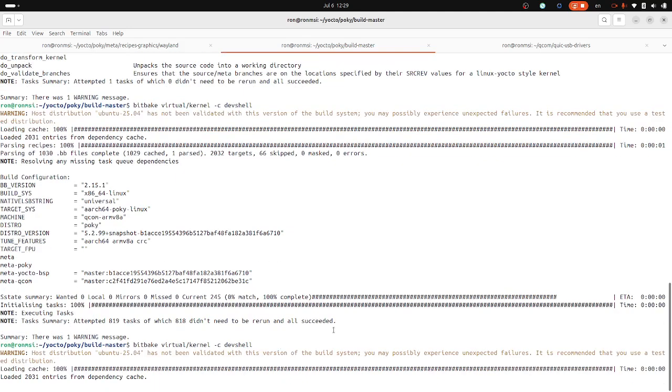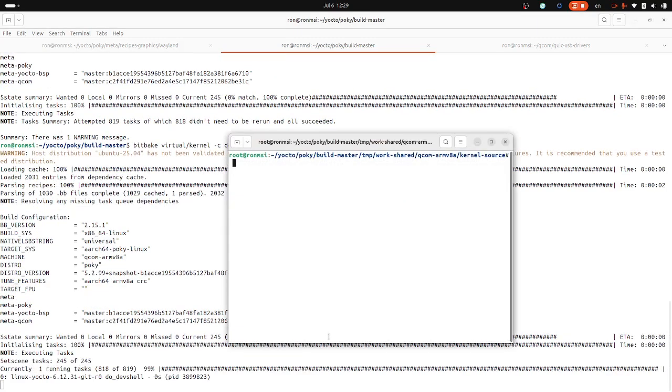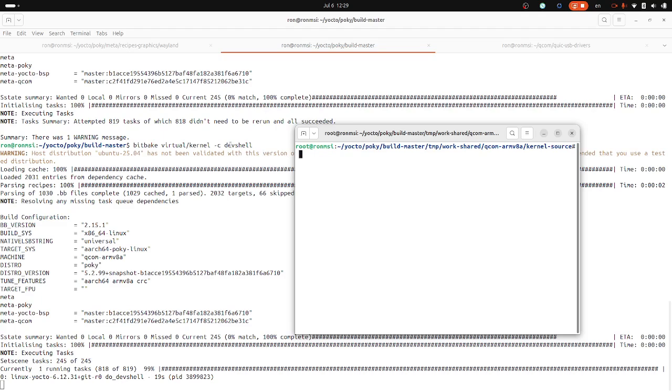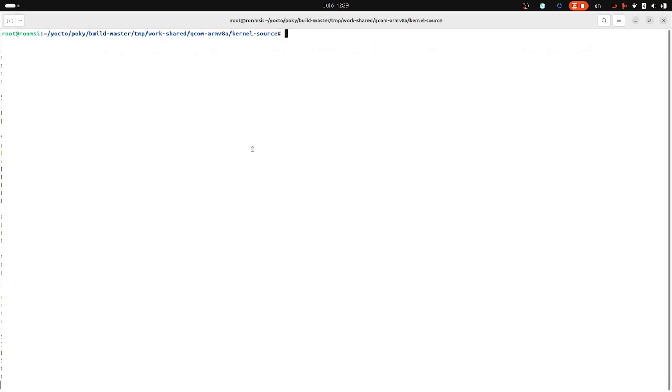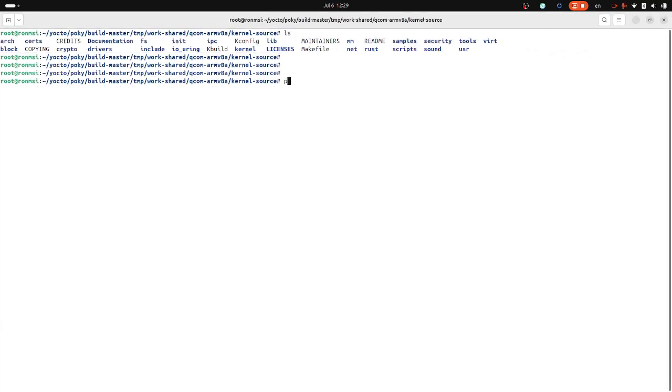If you don't know Yocto Project, you can take my course and I'll teach you a lot of tricks. But basically, what I could do is make -c menuconfig, and there's also a config me, but you can just do bitbake virtual/kernel, and then -c menuconfig, like I did here probably with the devshell. So if I do a devshell, I can see that I will get to the kernel source, but